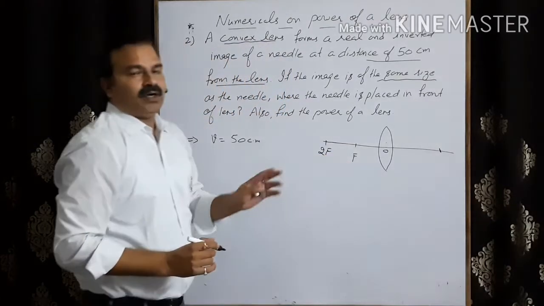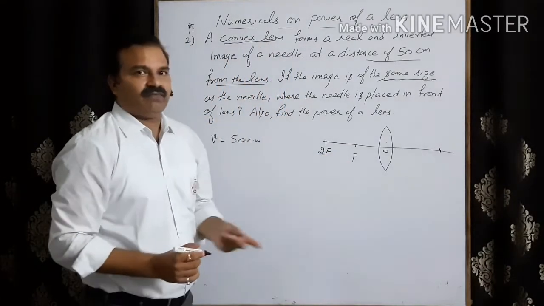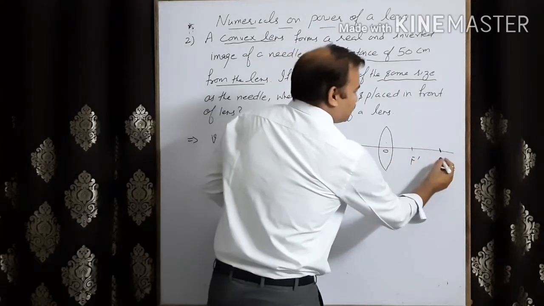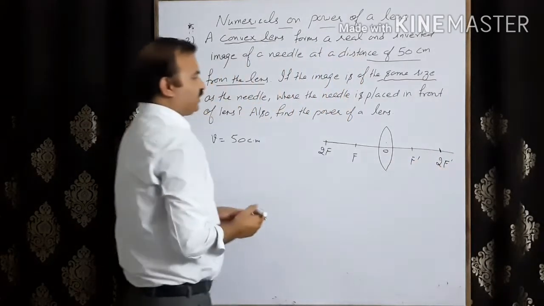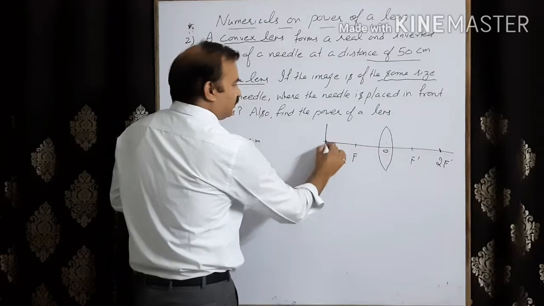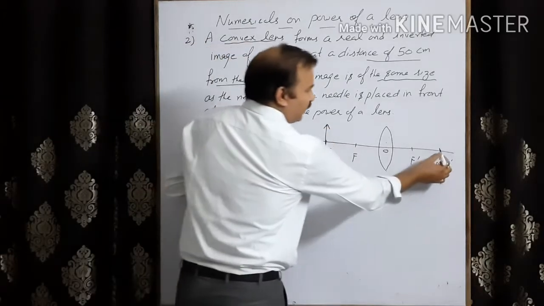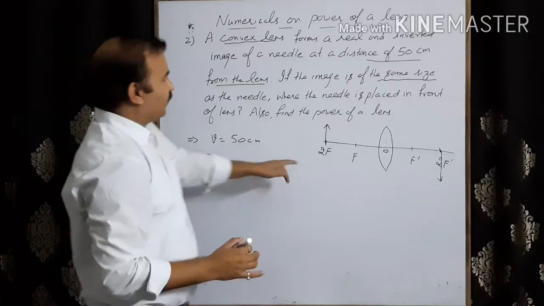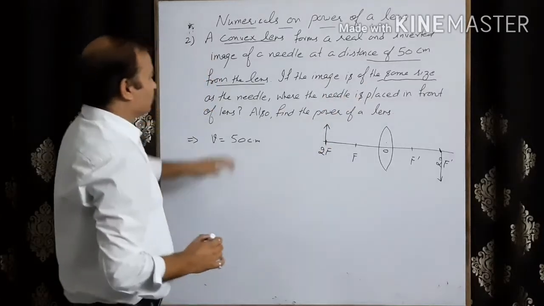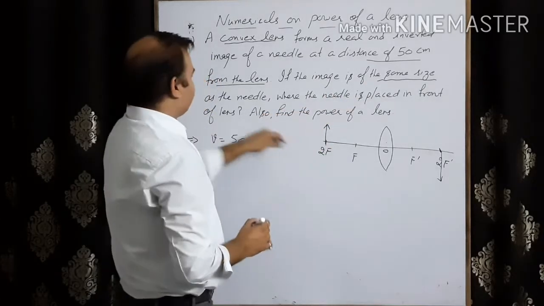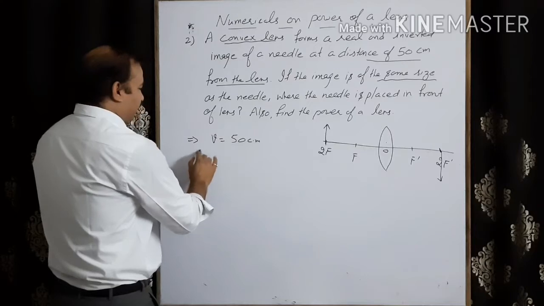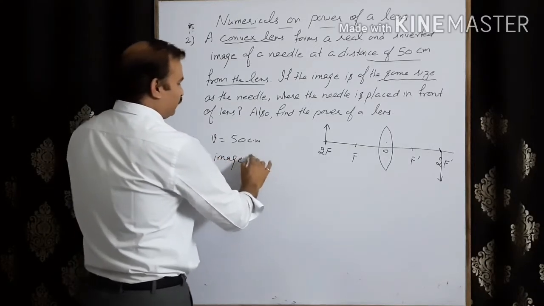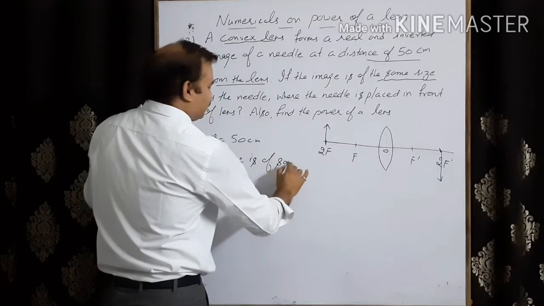This you have to remember, or just go through that table which I taught you. Fine. This is f dash and this is twice of f dash. It means when the object is at twice of the focus, the image will also be formed at twice of the focus and the image of the same size. So where the needle is placed in front of a lens, we have to write that the image is of the same size,